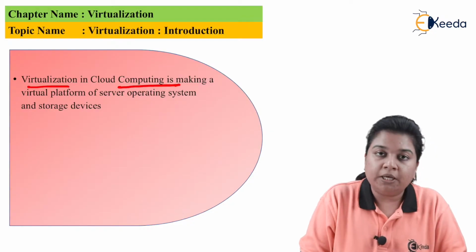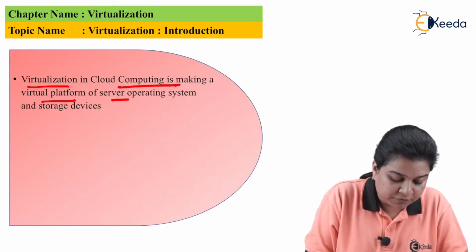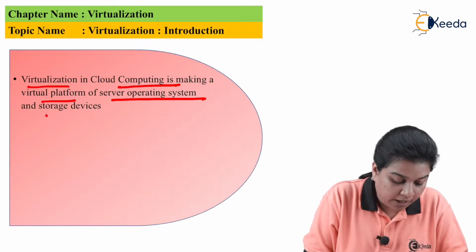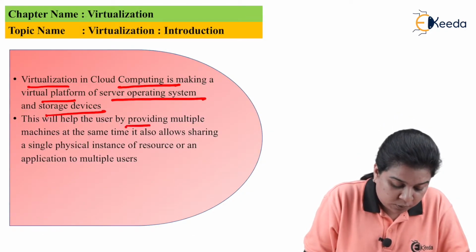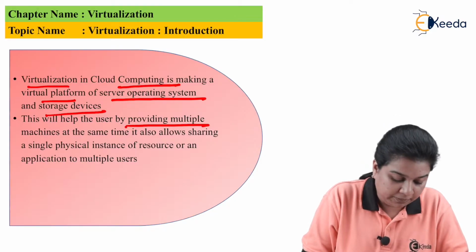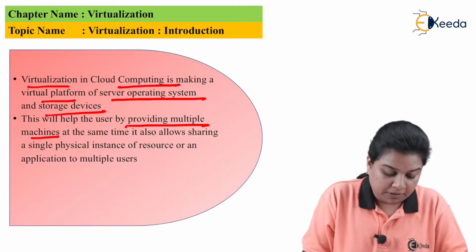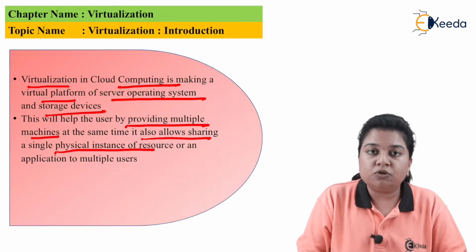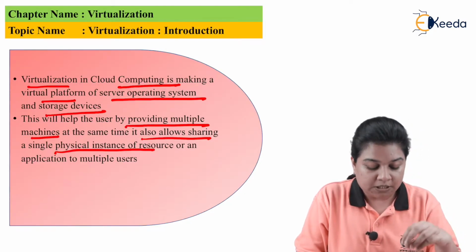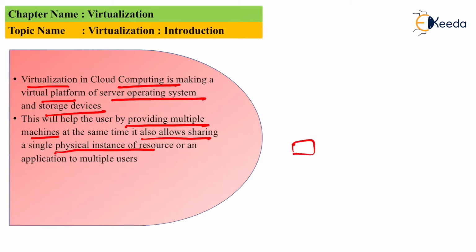Virtualization in cloud computing is making a virtual platform of server operating systems and storage devices. This will help the user by providing multiple machines at the same time. It also allows sharing a single physical instance of resources. Single physical instance means that physical machine,